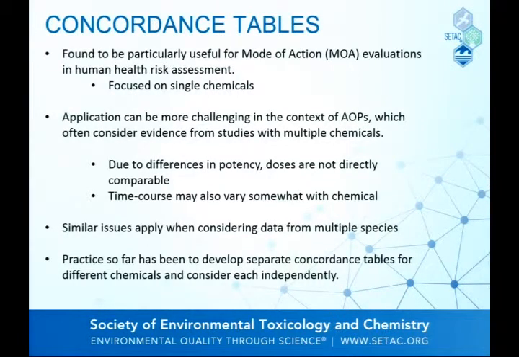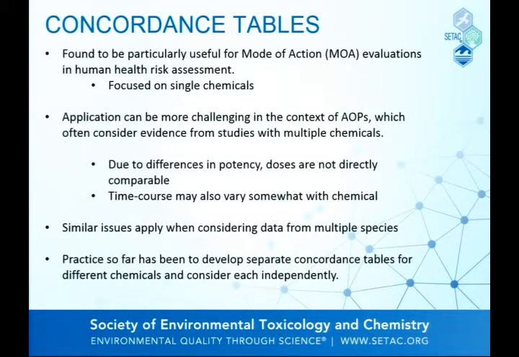So the examples earlier, so impacts on vitellogenin synthesis and subsequent connection to oocyte maturation, for example, we could be looking at that as a result of an aromatase inhibition pathway, as a result of an AR antagonism pathway, as a result of an ER antagonism pathway. So we can have evidence coming from lots of different sources here. So that makes the building of these concordance tables a little more challenging because we can't necessarily directly compare doses if we're using different chemicals with vastly different potency. Can't put them all in one table and compare them.